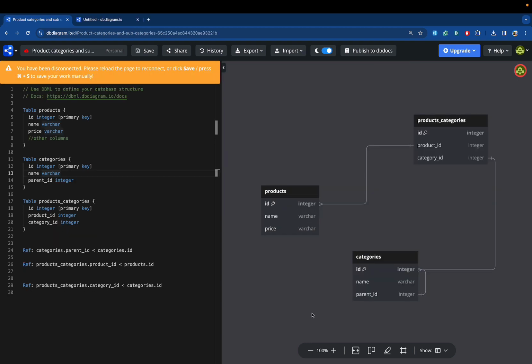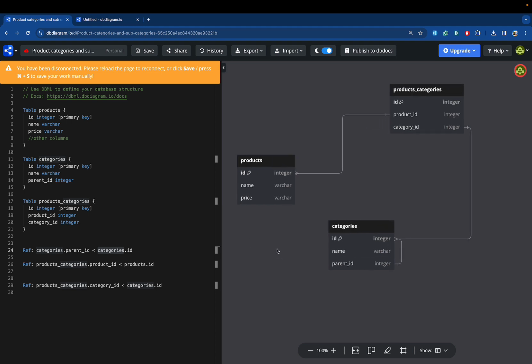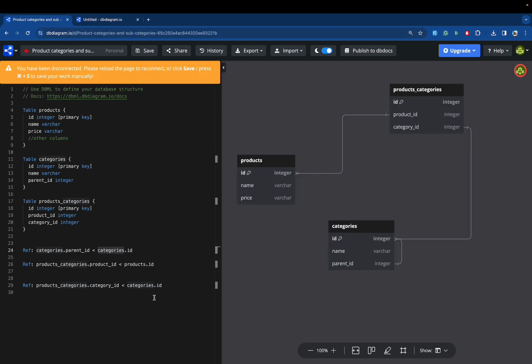So instead of that, we will have a new functionality in which we will introduce, inside the categories table, a parent ID, which essentially refers to the category ID itself. So if you see here, parent ID is associated and linked with the ID of the categories. What it will help us with is, for the same use case in which we have electronics, laptop, and everything,